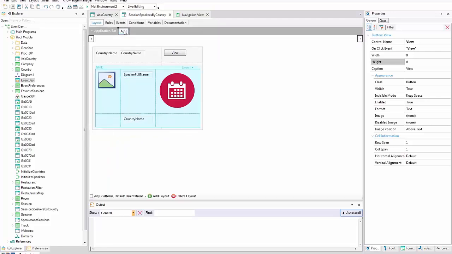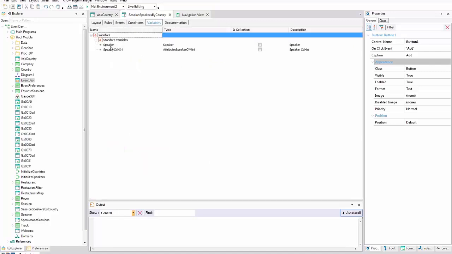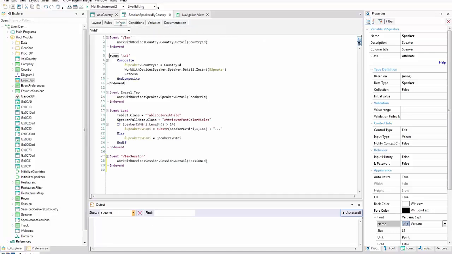On the other hand, the application bar includes the Add button, which uses a speaker variable corresponding to the speaker business component. It assigns it the corresponding country ID, which is received in a parameter, and invokes the details of Work With device's speaker,